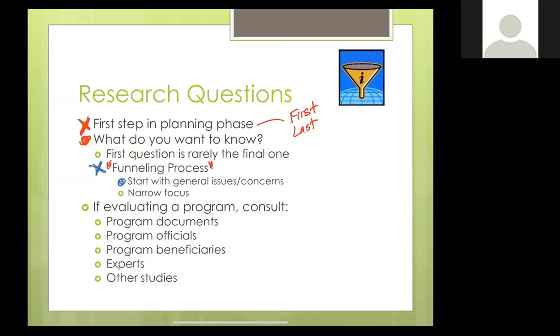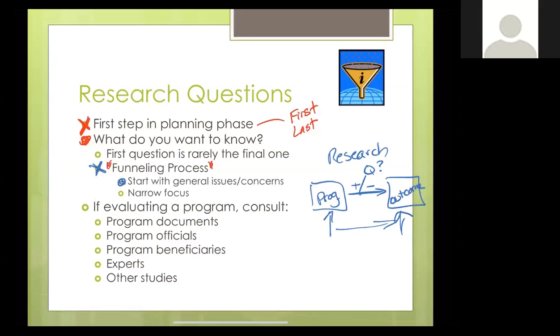This idea of starting with something general, some issue, some concern. In evaluation research, our general concern is, does this program have an impact on something? So our typical baseline model is, we've got a program, we've got an outcome, and there should be an increase or decrease in something. So our typical research question in evaluation research is something like, does this lead to this? We start with that. But we have to narrow our focus,